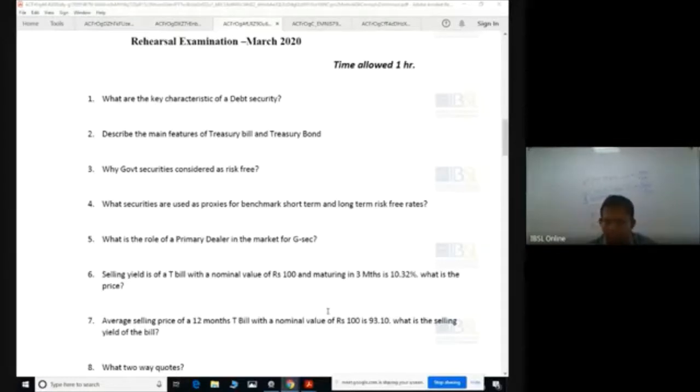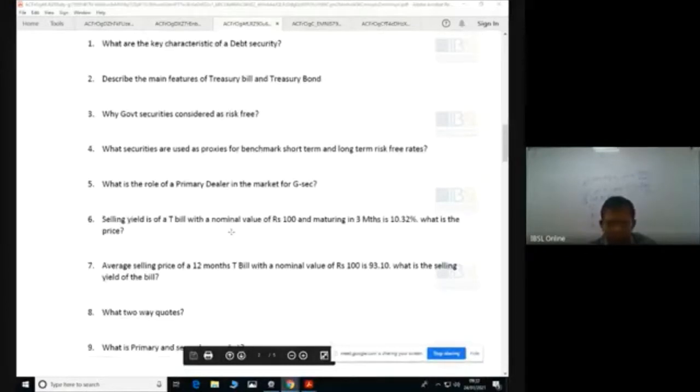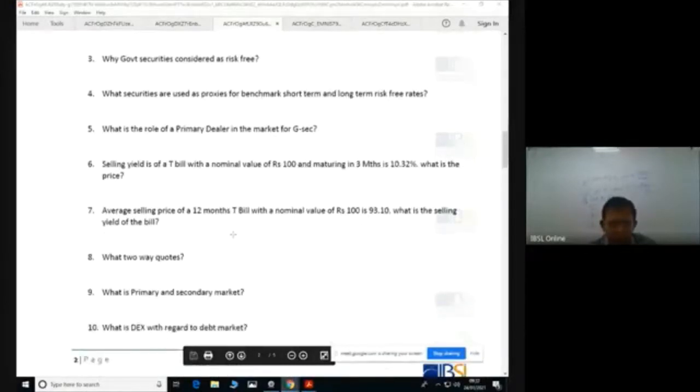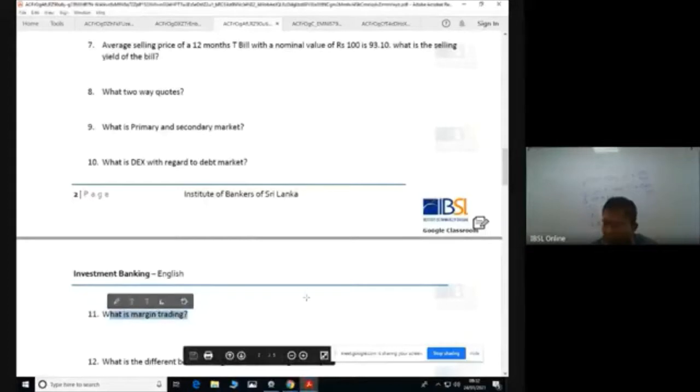Describe the main features of treasury bill. I will not be taking this. If you go through this and feel uncomfortable with anything, we can do it in the class. Straight away, I have taken these from your notes as well. Notes cover everything. There are some right now. For example, now this margin trading. I think we have done it. I can exactly remember when you were doing it. There are some questions as well.